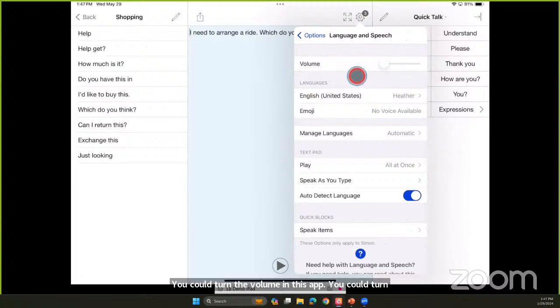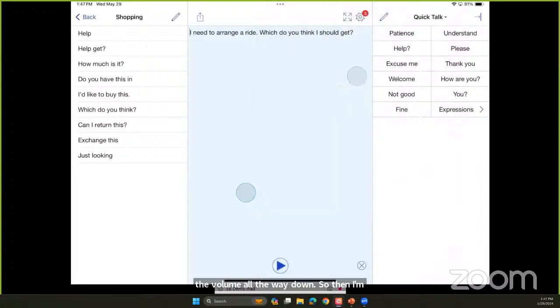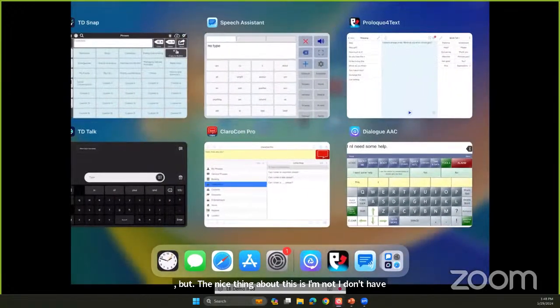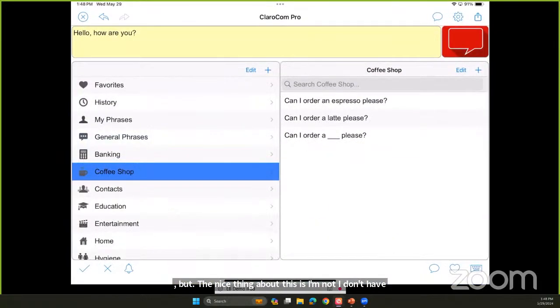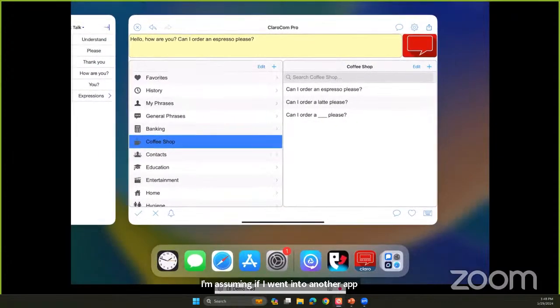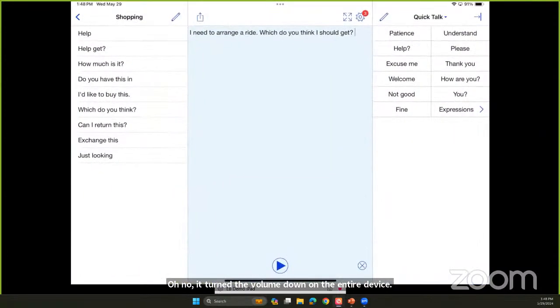So then I'm assuming it wouldn't speak here, but the nice thing is I don't have to turn the volume down on the entire device. So if I went into another app, oh no, it turned the volume down on the entire device. That's good to know. That is for the entire device.